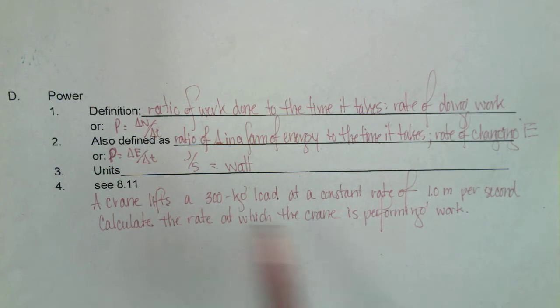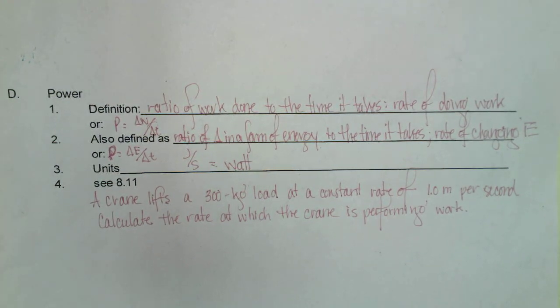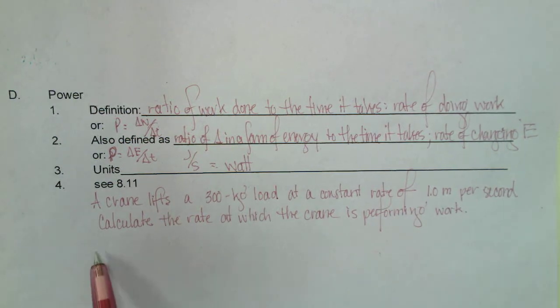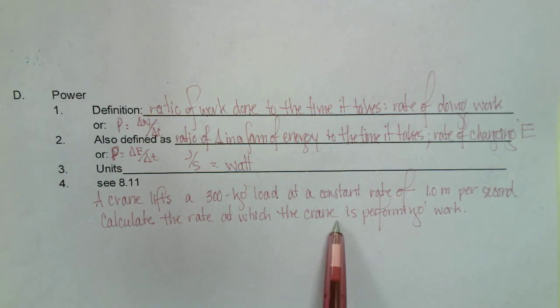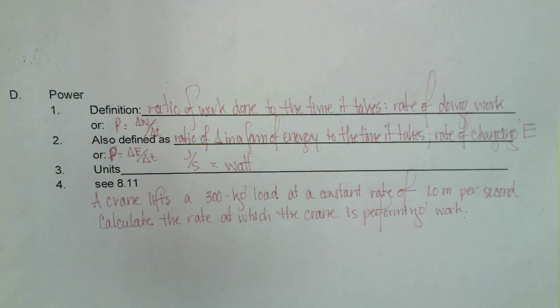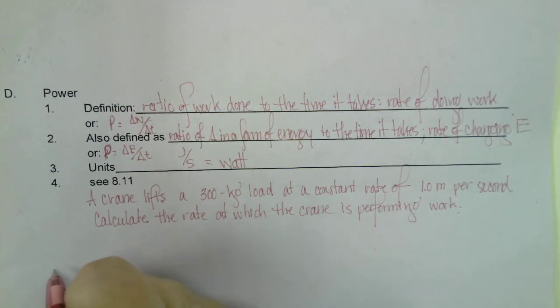And I have this written out for you. A crane lifts 300 kilogram load. Make sure it's 300 here. Crane lifts 300 kilogram load at a constant rate of 1 meter per second. Calculate the rate at which the crane is performing work. So I'm doing the work equation rather than the change in energy equation. So I have to figure out, since work is